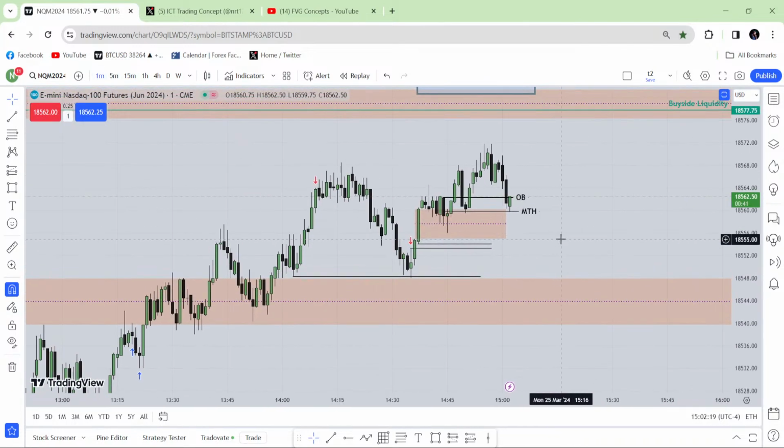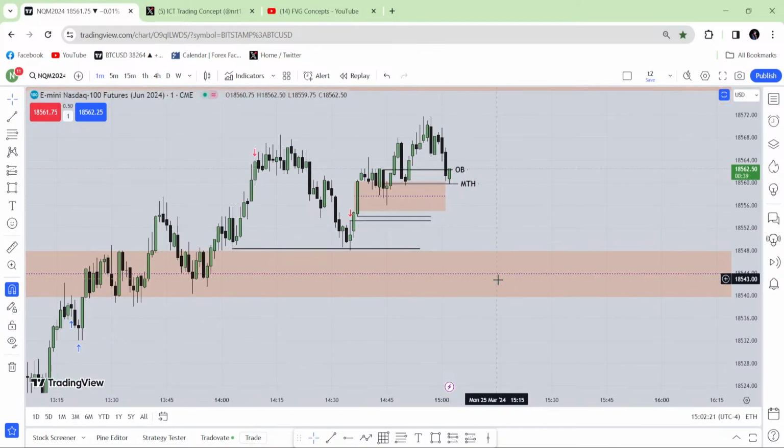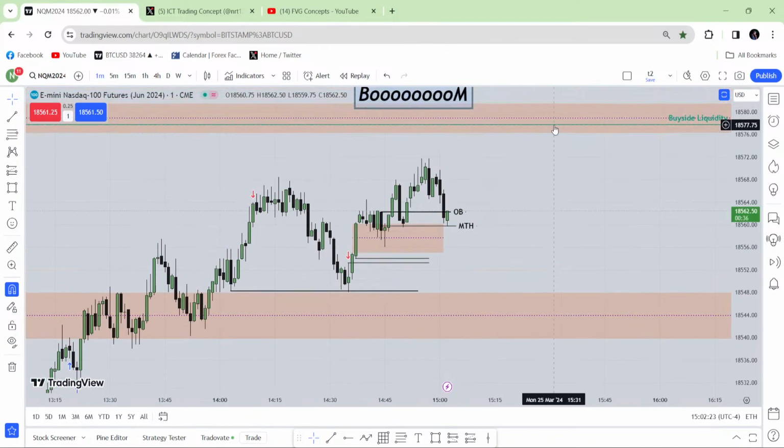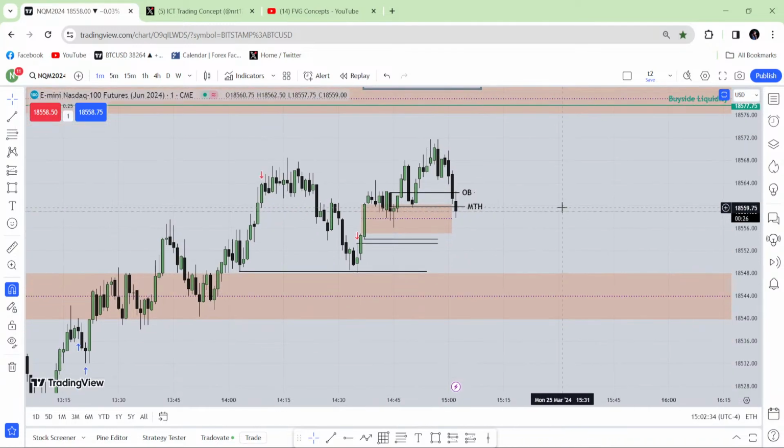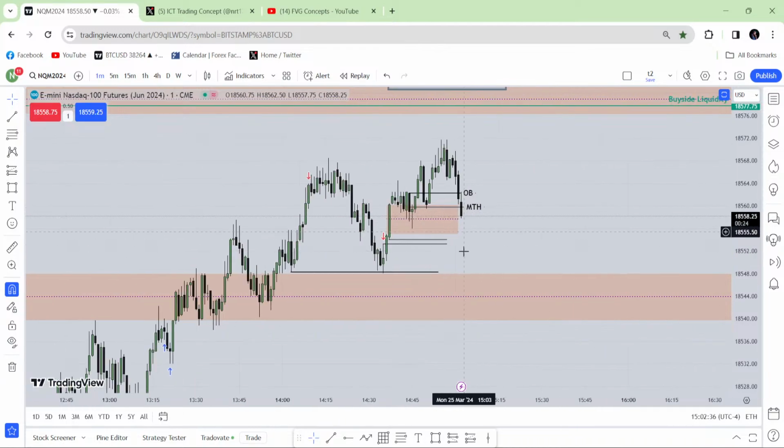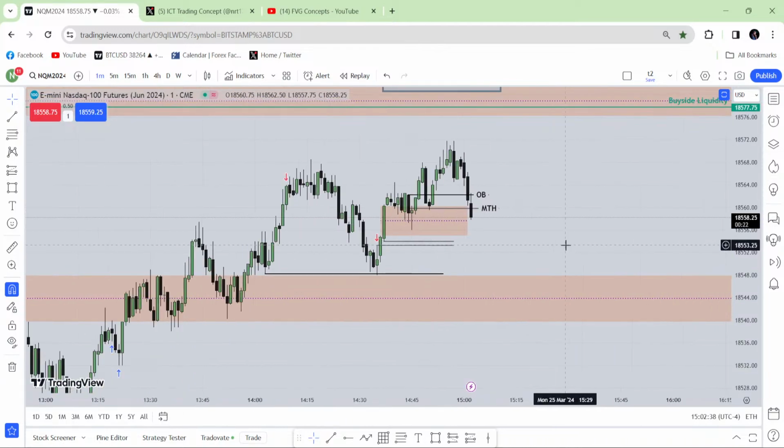So yeah, if I want to frame another trade, the market has to reach here first, before taking that buy side liquidity. After coming here, if the market gives me another setup toward that buy side liquidity, I will go for that. Otherwise, I will just sit still and see how it is going to work.